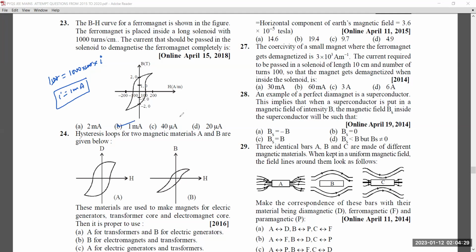Are you guys getting how to read these questions? Is this clear? Anyone having doubt? Because for solenoid you have to remember the answer. H is always Ni, right? We have done this. Okay, next is